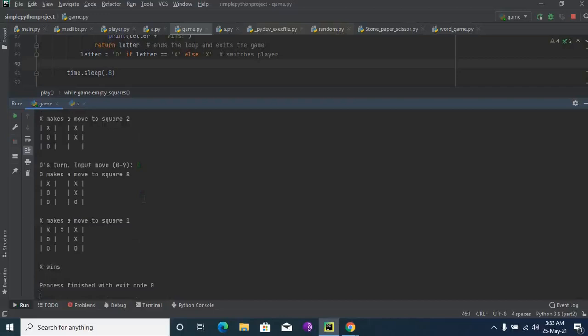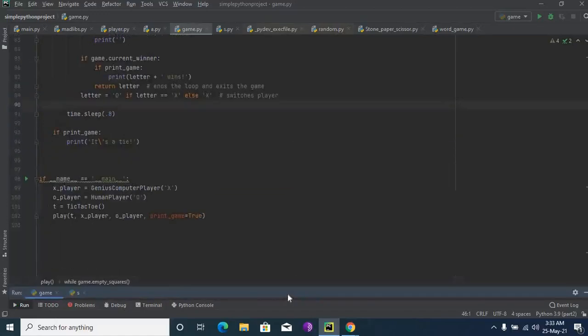X wins. Now the computer wins. Now this is our fifth project. Next we'll see the sixth project.